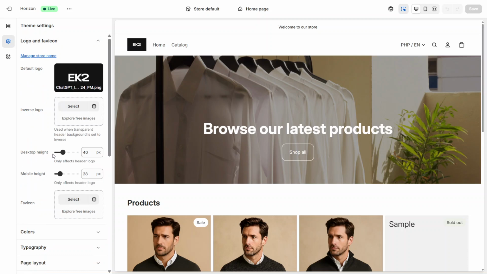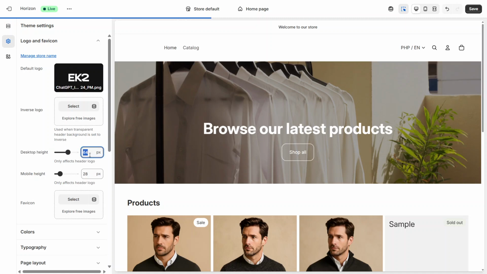You'll see a setting labeled Desktop Height. Next to it, there should be a slider and a text box. You can drag the slider left or right to decrease or increase the height of your logo on desktop screens. If you want more precise control, you can type a specific value into the text box instead of using the slider. This can be helpful if you already have a preferred size in mind, or if you're trying to match